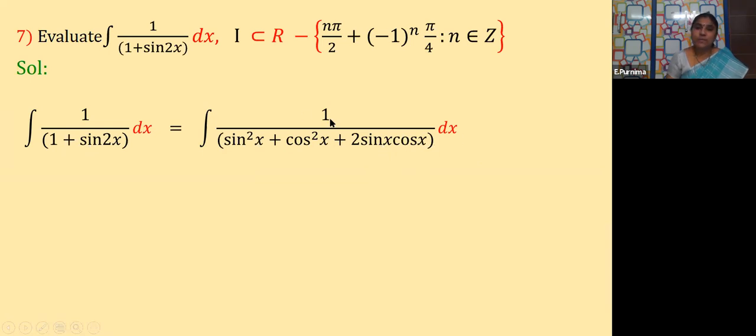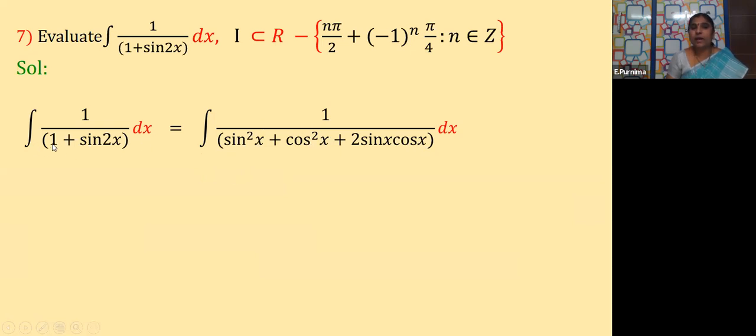So just by listening to the 2AB term, which formula comes to your mind? Here there is a plus sign, so plus 2AB term. Which formula comes to your mind? It is (A plus B) whole square. Yes or not? That is A square plus B square plus 2AB. So if A is sin x, then A square should be sin square x. If B is cos x, then B square should be cos square x. So it is nothing but sin square x plus cos square x, which is nothing but our 1.